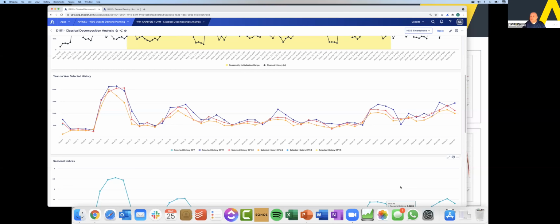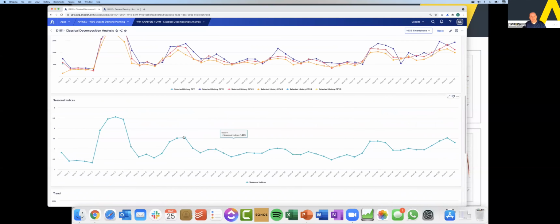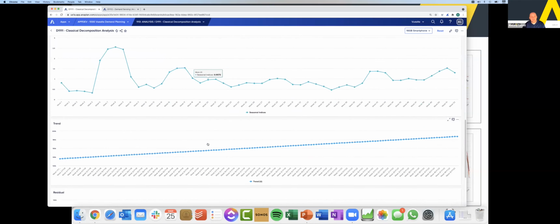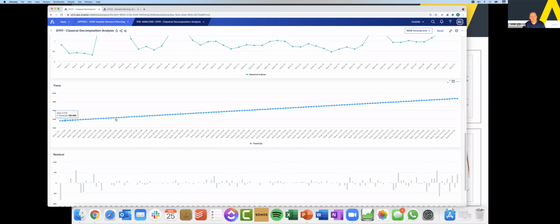And what we can see is the system can detect that there's some underlying seasonality in this demand pattern. This could be because of Christmas, this could be because of ice cream in the summer, but this is the standard repeatable seasonality. Once we remove that, the next thing the system does is take the average of those and create a seasonal index. Once we remove the seasonality, the system has then identified there's an underlying trend.